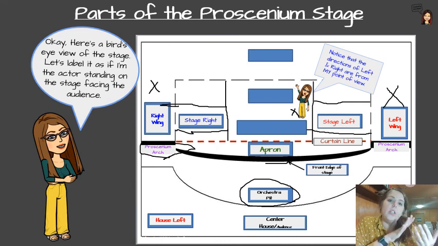But before we get into the directions, we have to talk about how the names of these directions came to be. So during the Italian Renaissance, right? That's a huge point in time for theater history. They were really focused on scenic design, and with scenic design and with theater in general, always trying to create some sort of magic. Or from a scenic designer's perspective, they like to create what's called a false perspective, making things appear larger than